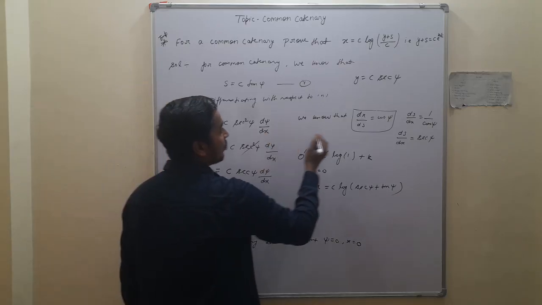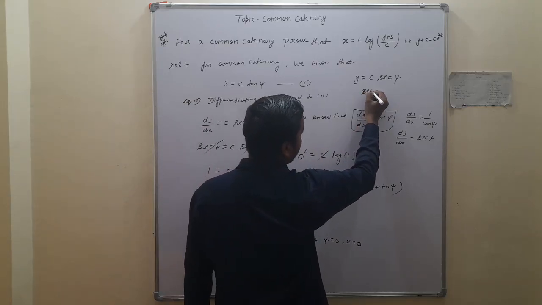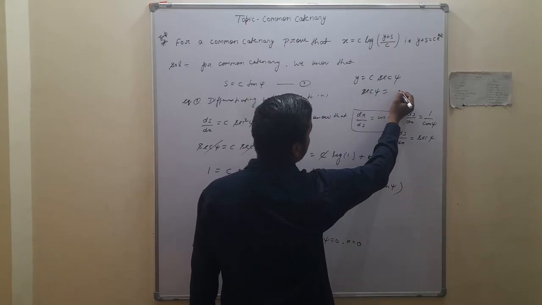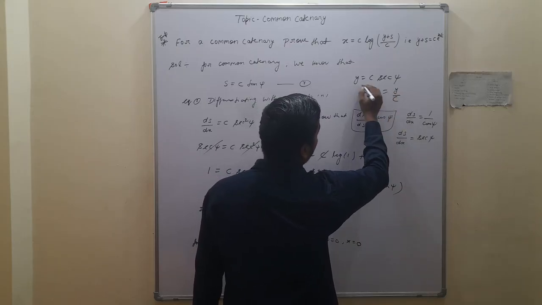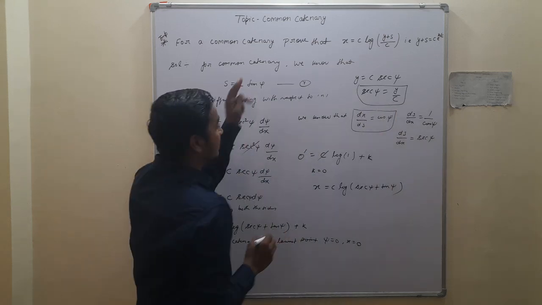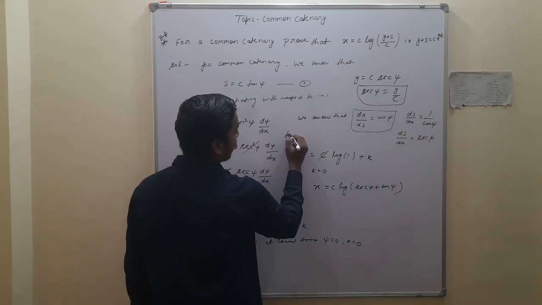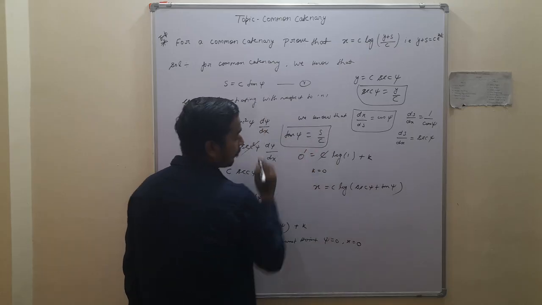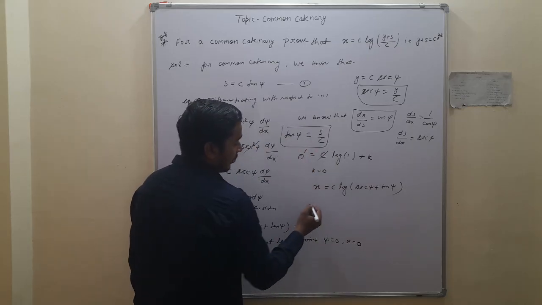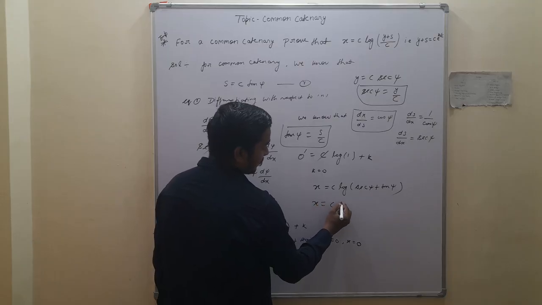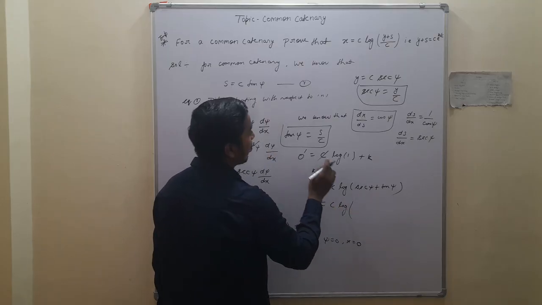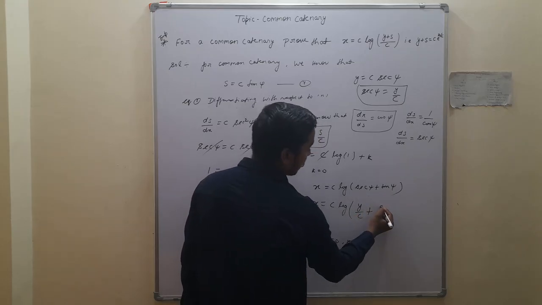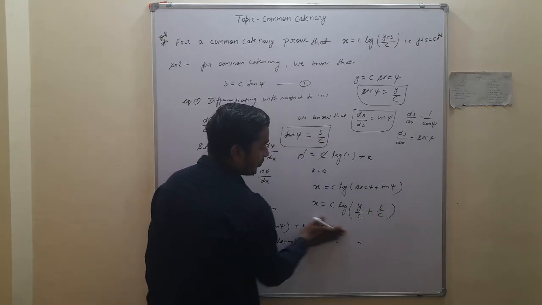From here the value of sec psi is y by c, and tan psi is s upon c. Putting these in the equation x is equal to c log of sec psi plus tan psi, where sec psi is y by c and tan psi is s by c, and solving here,